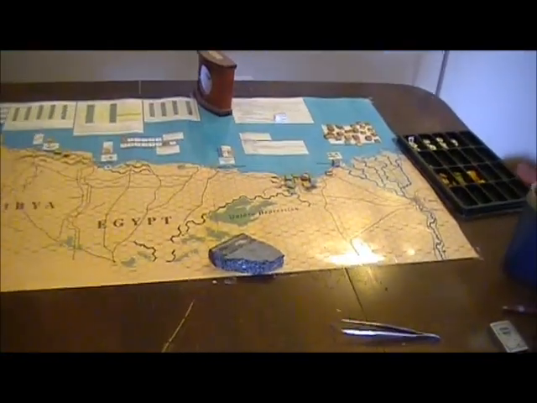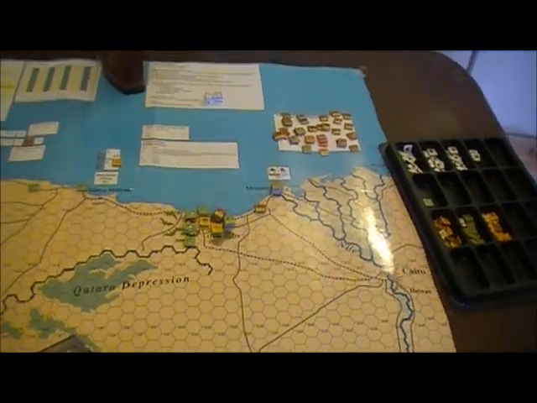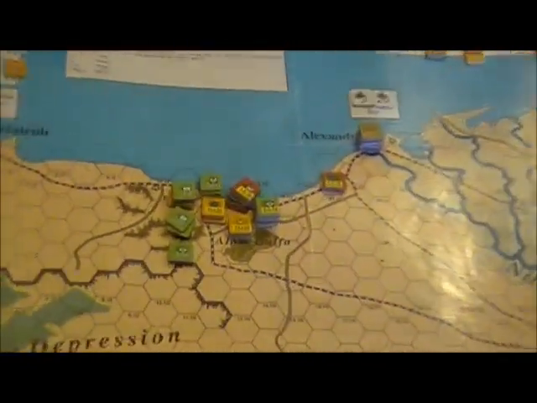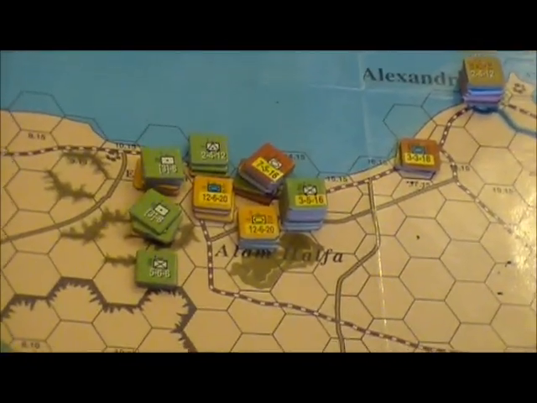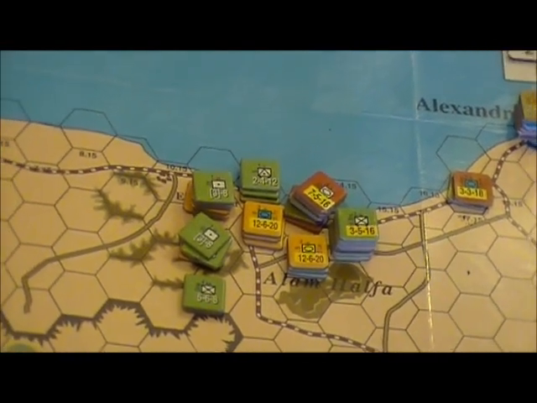January of 42 in Afrika. We're halfway through the turn. I've started doing these halfway turns because the German turns are the more interesting. Rommel got withdrawn back to talk to Hitler, but through the